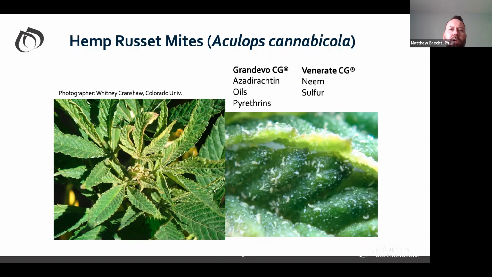And then once you get into flower, really the end of week 1 or week 2 of flower, before the little buds start forming, that's when you want to end any kind of application of sulfur, or it will be in the flower and then taint the flower when you go to harvest. Okay, so as far as russet mites goes, they're tiny little guys. You definitely want to get good applications, especially into the growing points of the plants to control that. Next one.